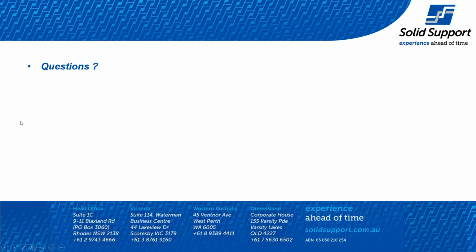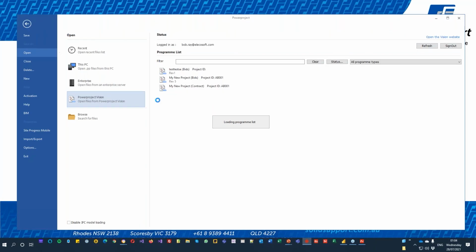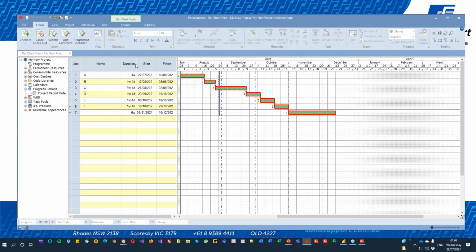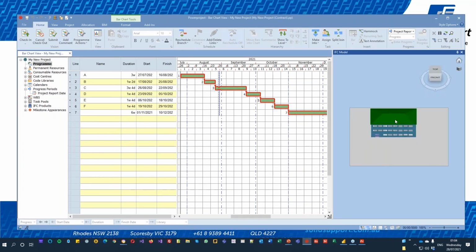Someone's also asked about model changes. And again, this is a good point. If I just go back here, inside here, and let me check out the latest. So the way that Powerproject BIM works with models is that you link the model up to your project like